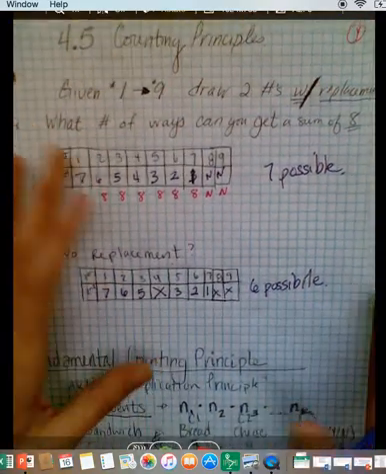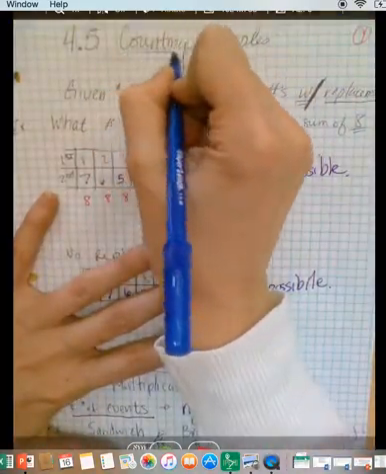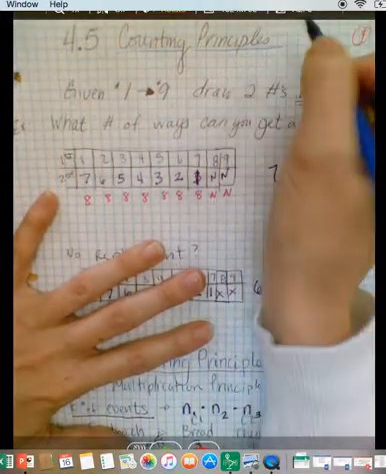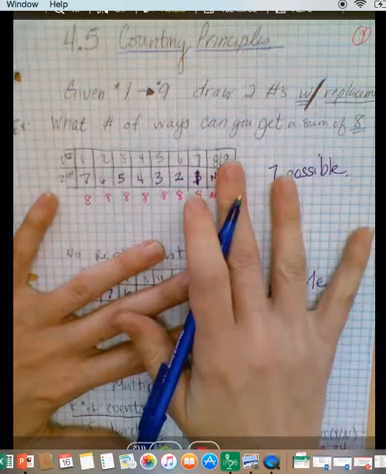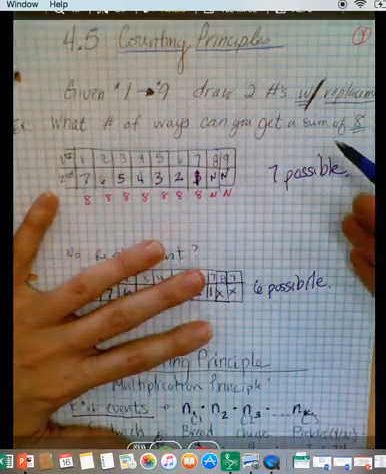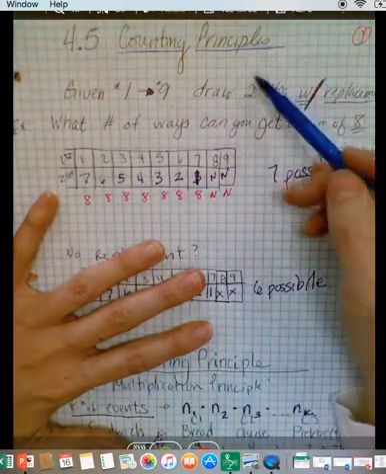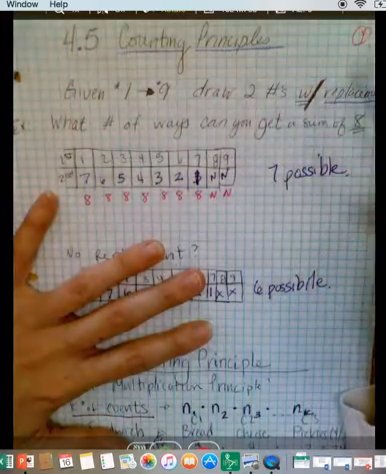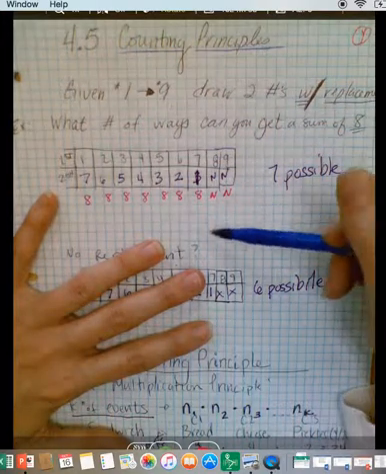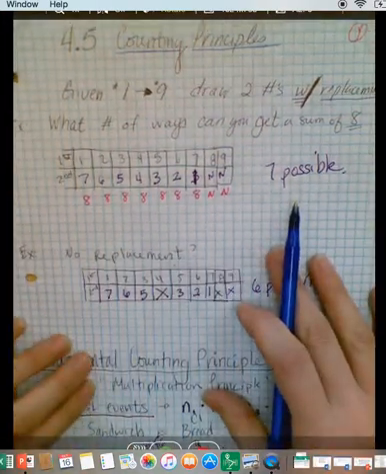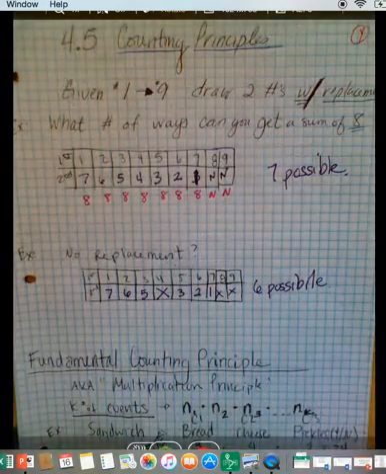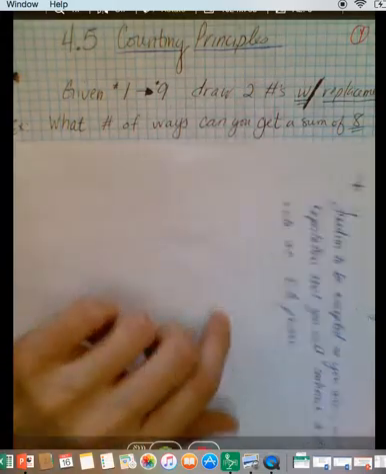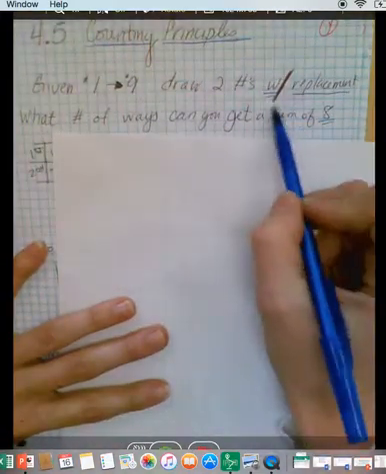4.5 is over counting principles, which you will remember as permutation, combinations, probability. So we're going to look at how we can answer probability questions with some of these principles, like n choose r or nPr. We're going to look at some of that notation and review what it means, and then do some practice problems. So given the numbers 1 through 9, draw two numbers out with replacement,